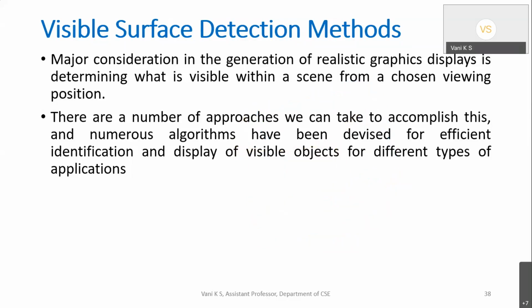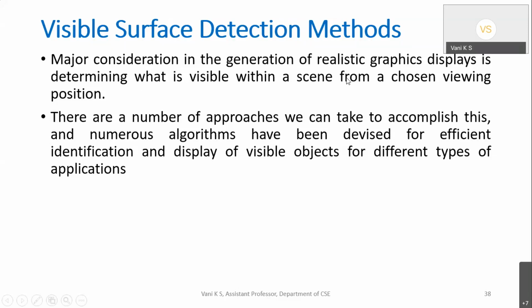So when that is the case, why do we need to waste time, memory and computation in calculating the surfaces which are away from our point of view or which are not visible in the front? So this is the approach we are discussing: removal of the surfaces which are not visible. This is the concept of visible surface detection methods. I hope this is clear.